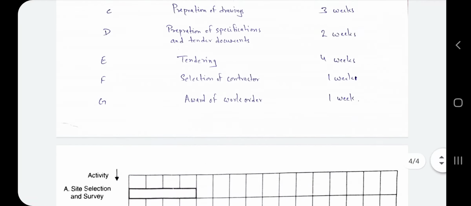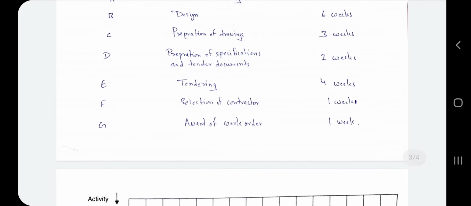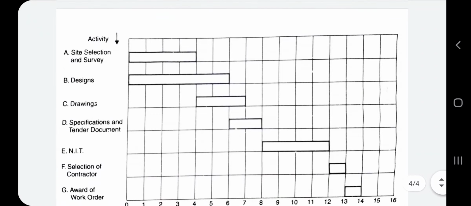Okay, now after that is preparation of specification and tender document. This is done when our design is totally completed. When the design ends, the preparation of specification and tender document starts.